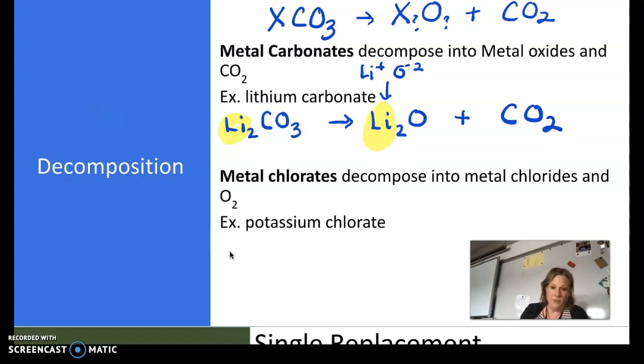One other decomposition reaction that's again more complicated because there's more than just 2 elements is metal chlorates. So a metal chlorate would be,